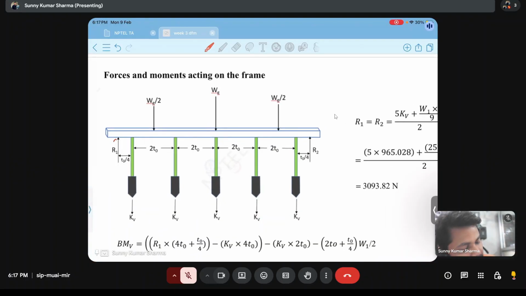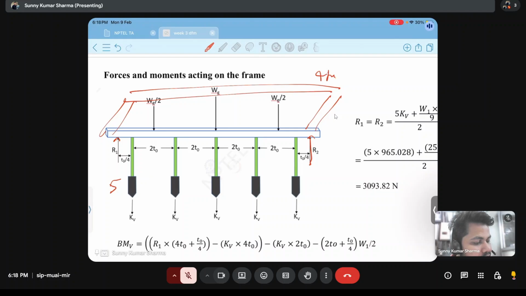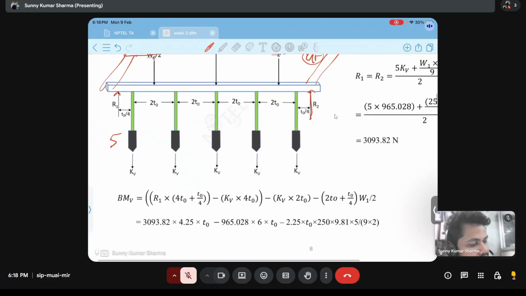And we have normal reaction force at which these two frames are connected. This is only the front side frame on which 5 tines are there, and there is also one frame on which 4 tines are there. So total 9 tines will be there, and we will design this cultivator for 5 tines, because if our 5 tines design is safe, we can use that frame on the back side, that is 4 tines.